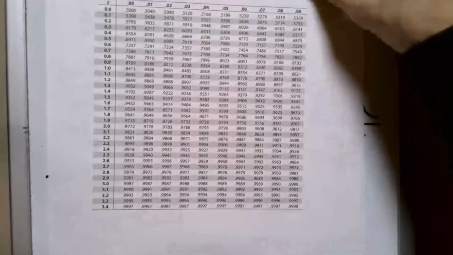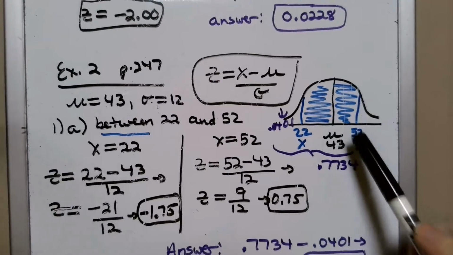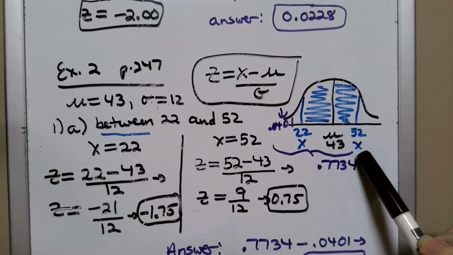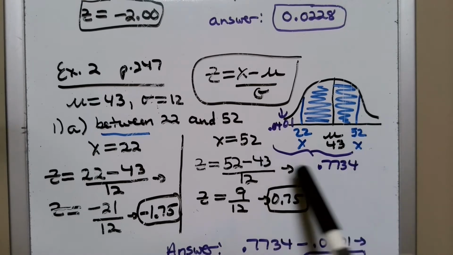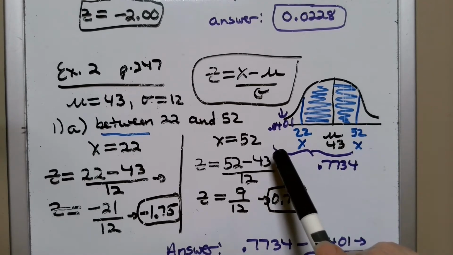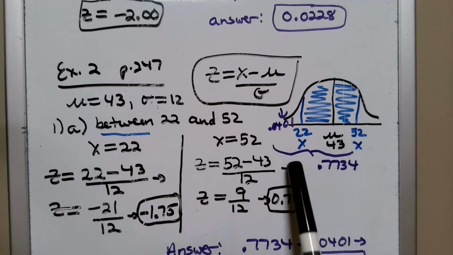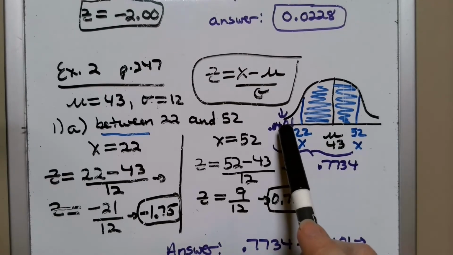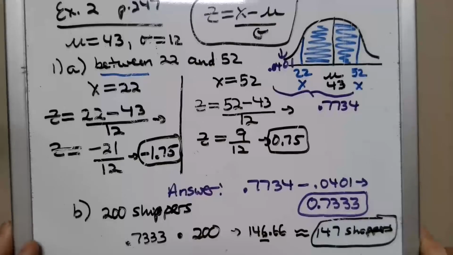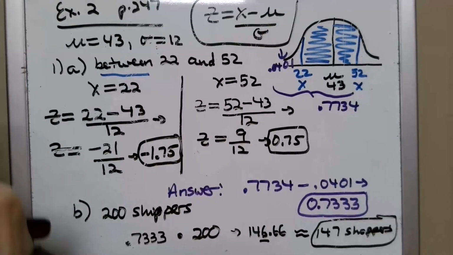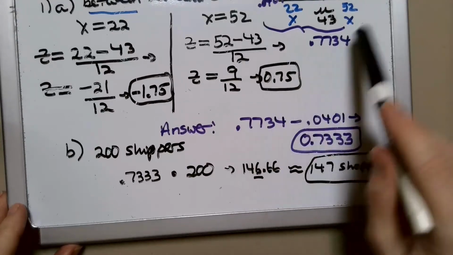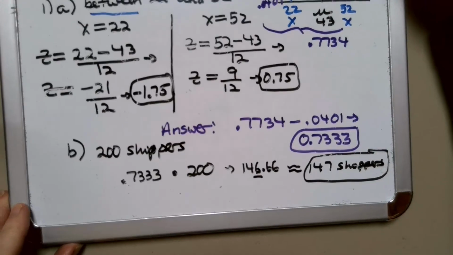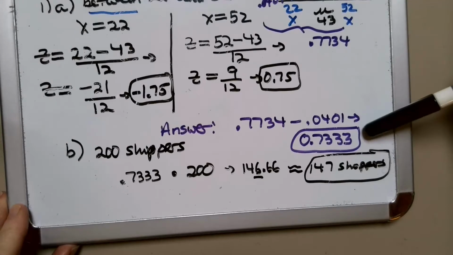So again, I go back to my drawing. Here, x is 52, the z-score was 0.75. The area to the left, all of the area all the way to the left tail is 0.7734. So of that 0.7734, we want to take away the unshaded part in the left tail of 0.0401. So that's how we're going to get our answer. Let me move my camera down. We're going to take the 0.7734, all of this, and subtract off the unshaded 0.0401, which gives us our answer